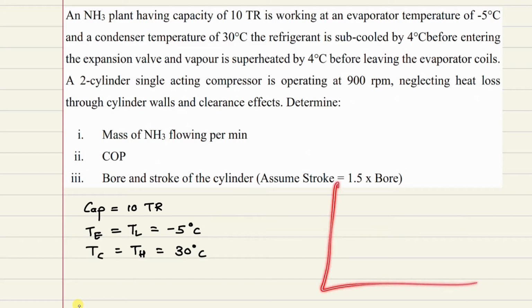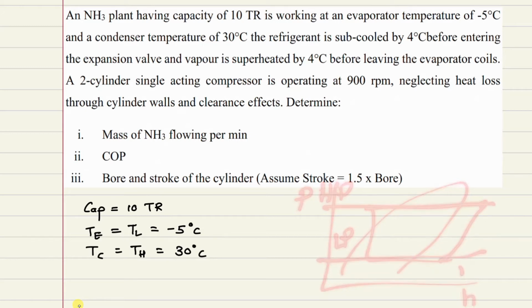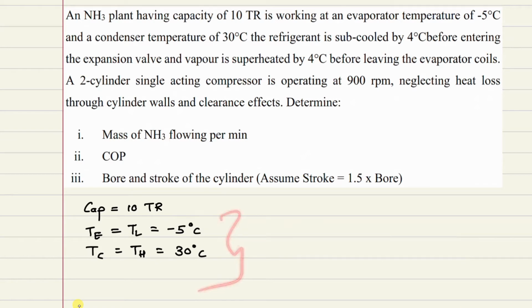So what we have to do on the pH chart, the y-axis is pressure, so we have to draw a horizontal line, it will be HP, and draw another horizontal line over here, this will be LP. Then you have to draw the vapor compression cycle based on the given condition, whether point 1 is superheated or not, or whether point 3 is subcooled or not. So that variation you also have to keep in mind.